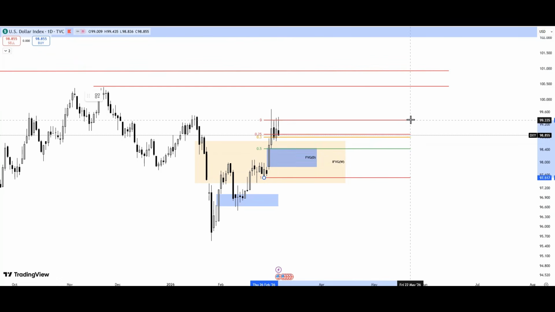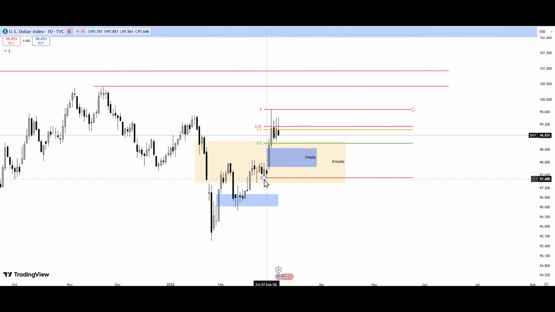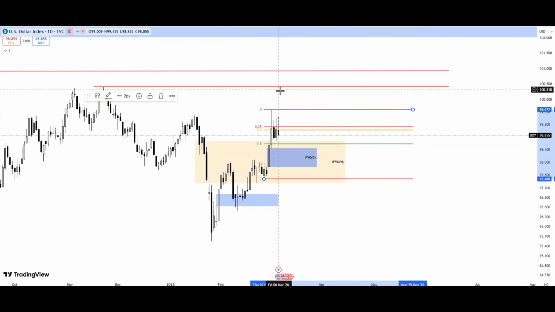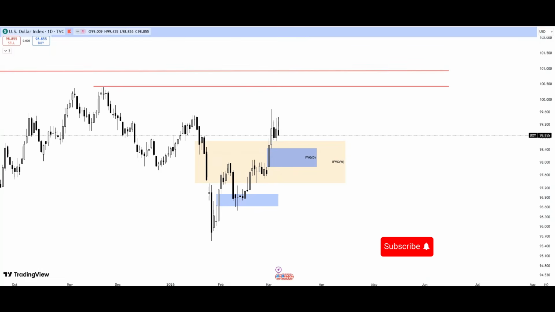And if you take a fib from this low to this high here, you can see this fair value gap is at the 50% of the range, which is good. So on the daily time frame, I want to see price tag this daily fair value gap, and then we continue with the bullish momentum. And you can see clearly this daily fair value gap is at the same point with the weekly inversion fair value gap. So in the process, price will also have tagged the inversion fair value gap on the weekly time frame before we continue with the bullish momentum.